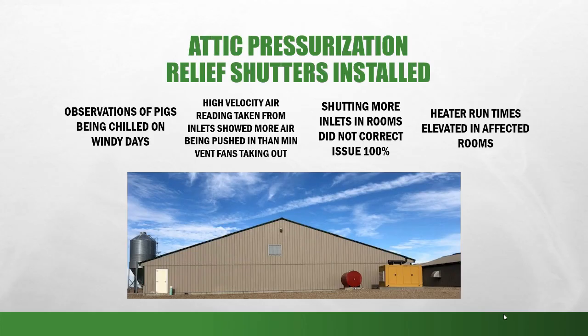And then attic pressurization was a big one. It was one as we kind of kept going down and knocking things out. This one was kind of a little pesky and just trying to figure it out. And really what it amounted to, all of our ventilation controllers are remote. We have access to all the ventilation data, graphs, like many of them out there today. So we were able to marry looking at heater run times and the